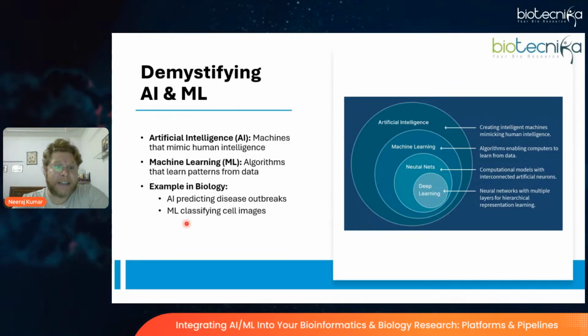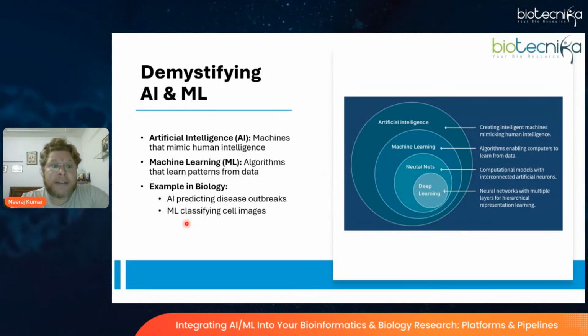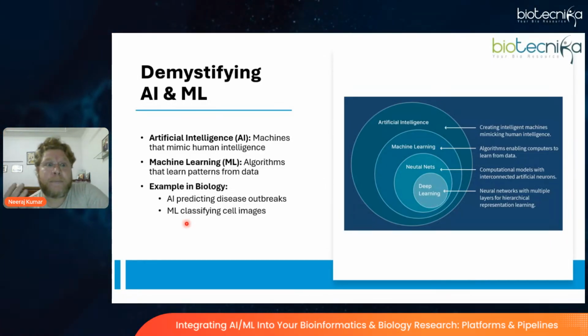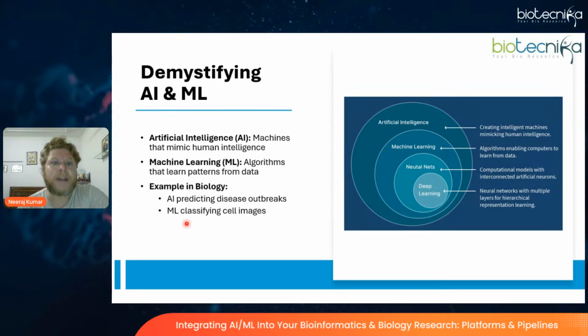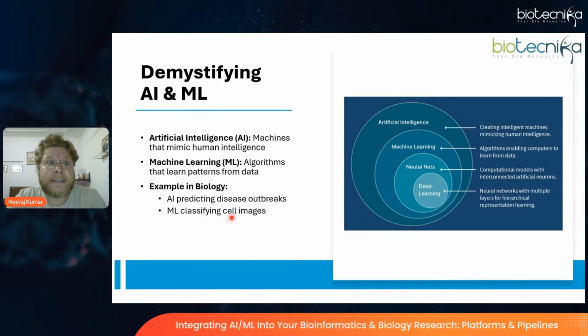And what is the catch? The catch is they can understand the data. They can understand a larger set of data, a humongous amount of data, in a shorter span of time, because we have the most advanced computational architectures these days. We have GPUs, we have TPUs. TPU stands for tensor processing units, etc. So that is artificial intelligence, and that is machine learning, and that is the power of machine learning.